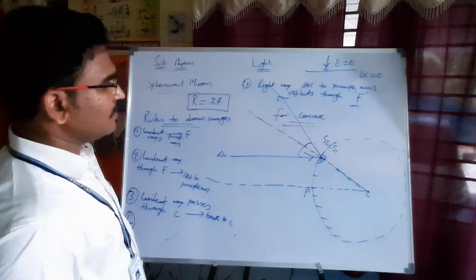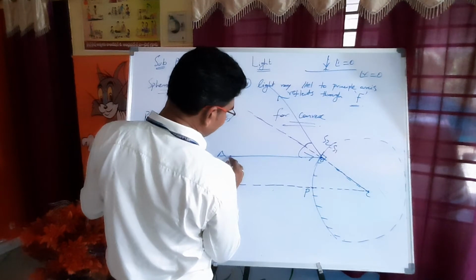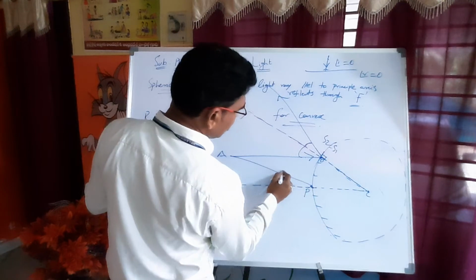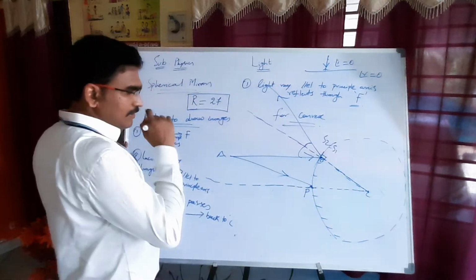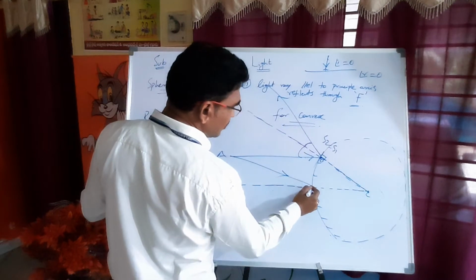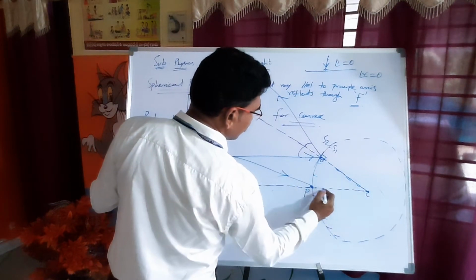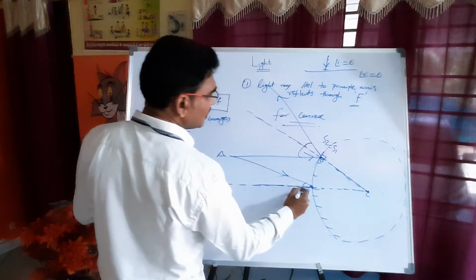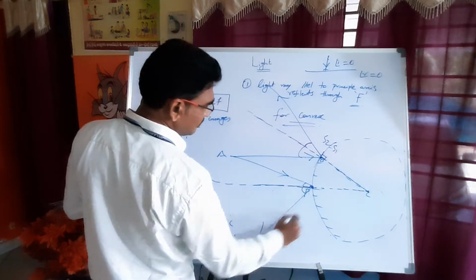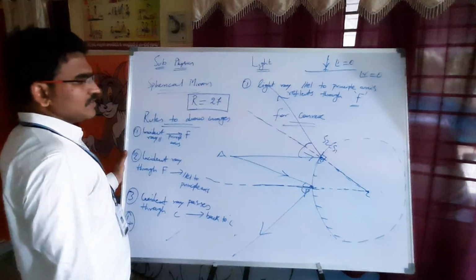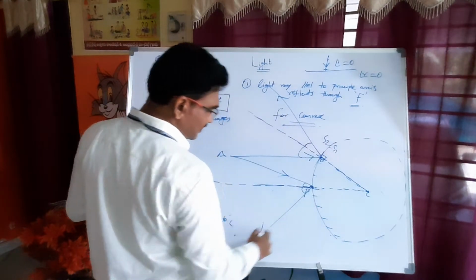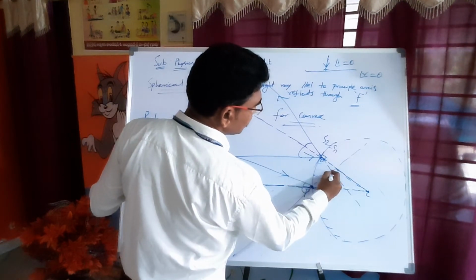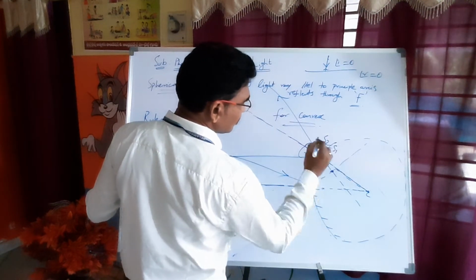Simple. Then you take another light ray. This is the incident ray which is falling on P. AP is the incident ray. Then I have to draw the normal from C. This line is going to become the normal. Then this is the angle of incidence and the angle of reflection. Then I will draw the reflected ray. You see, this reflected ray and this reflected ray won't meet. If I extend them back, they meet at this point.